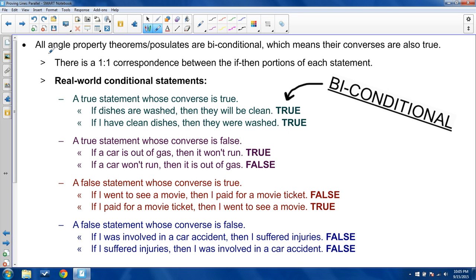Okay, first thing that I want to state is the next set of slides will have these two statements showing up every single time. All angle property theorems and postulates are biconditional, which means their converses are also true. There is a one-to-one correspondence between the if-then portions of each statement. What that means is we've been looking at